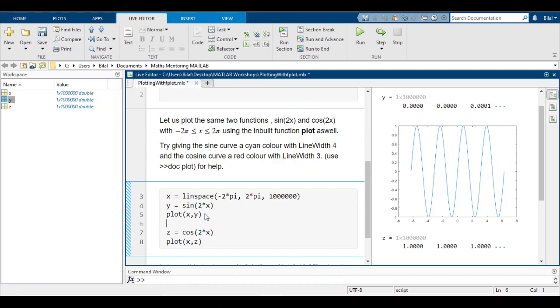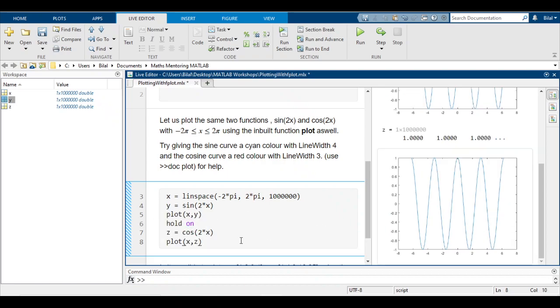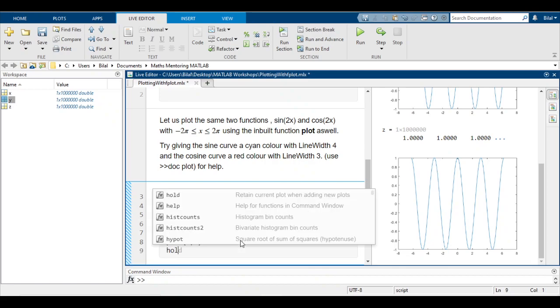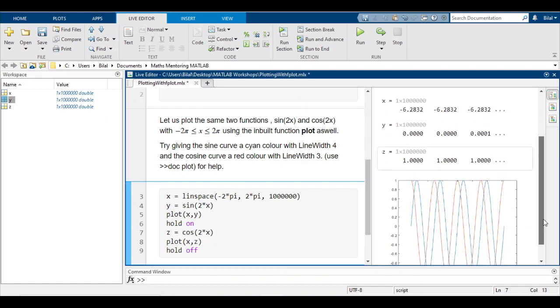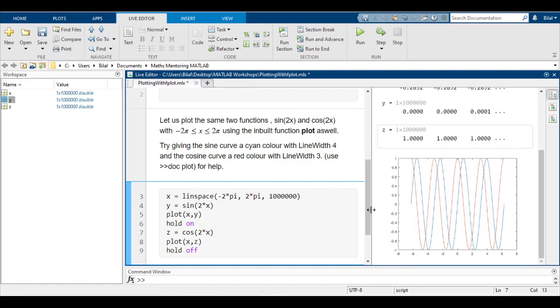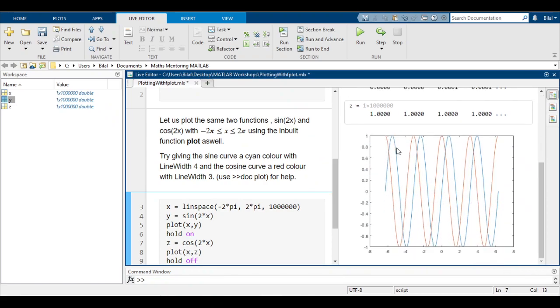So after your first plot code, you just type in hold on, and after your last plot code, or however many functions you have and plot codes, you would just type in hold off. So we only have 2 functions to plot, so I'm just going to type in hold off after our second function. So if you run this, we get this diagram right here, which is the graph of sine of 2x